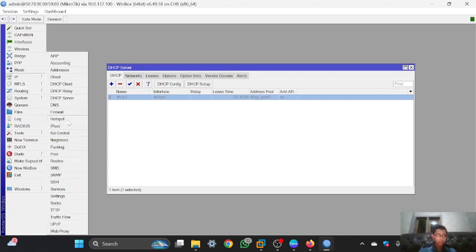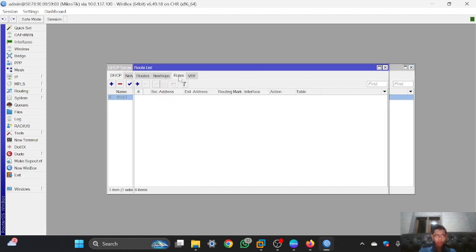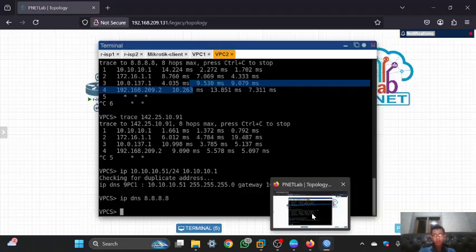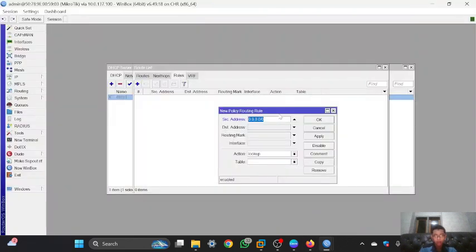You can go to IP and then routes, and then in here you can go to rules and click add. For the source address, it is the IP of VPC1. Here I will set VPC1 first, which is this. For the action, it is by default lookup.